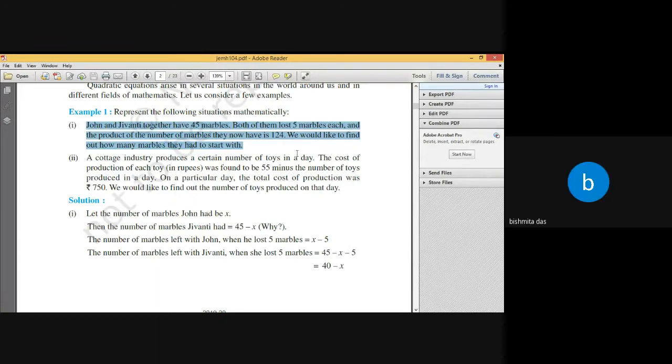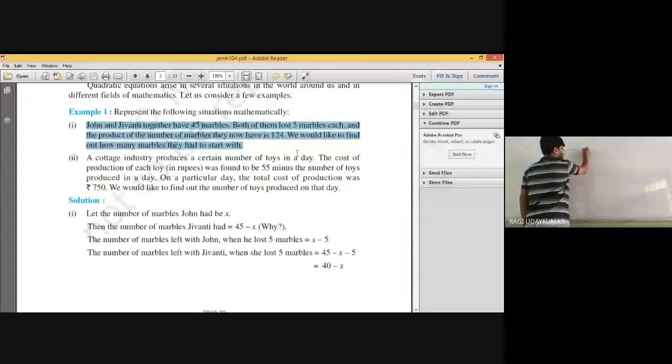Sir, I have done this problem with two variables. We will discuss it now. Whenever you take two variables, y should be replaced again with x. Again, we have to replace it with x. So we will get the solution in both ways. So the other number is 45 minus x.